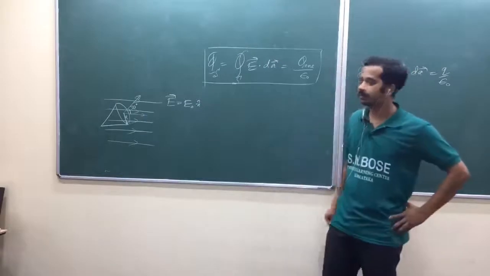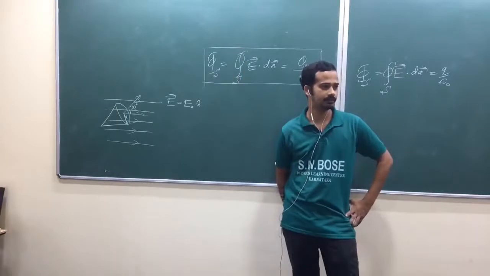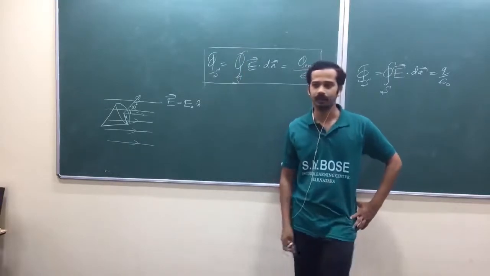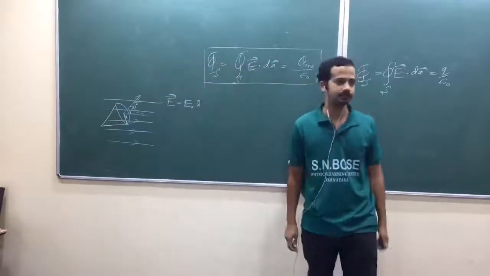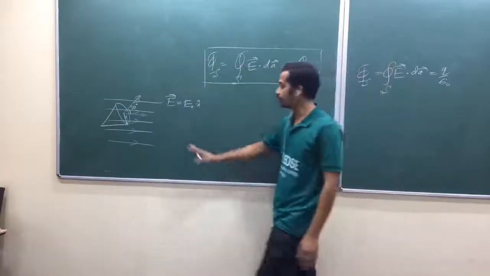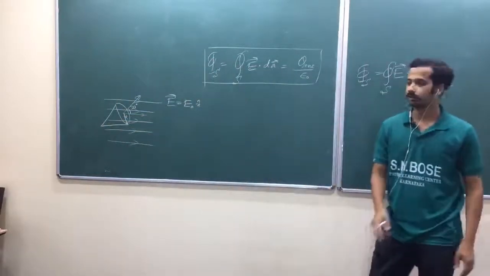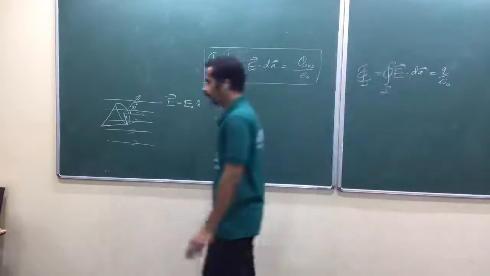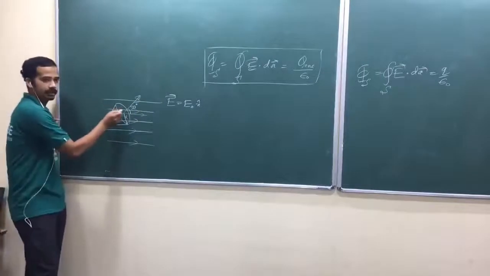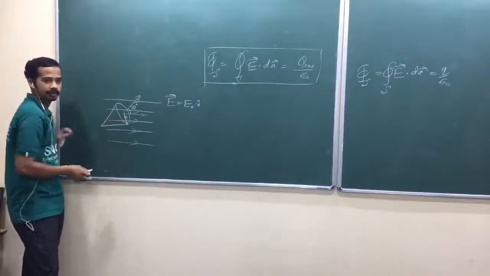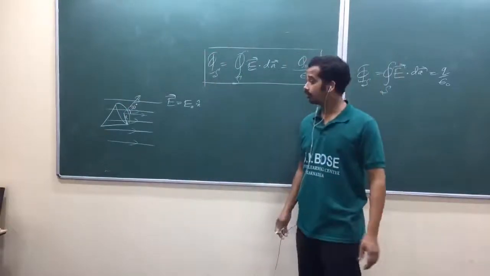Now you have to ask, how did I generate this electric field? I have to keep charge at infinity, isn't it? Or I have to make a big parallel plate capacitor like that. So there are no charges within this one, okay? Now get me the flux through the curved surface. This part is a planar surface. Find the flux through the curved surface of the cone.